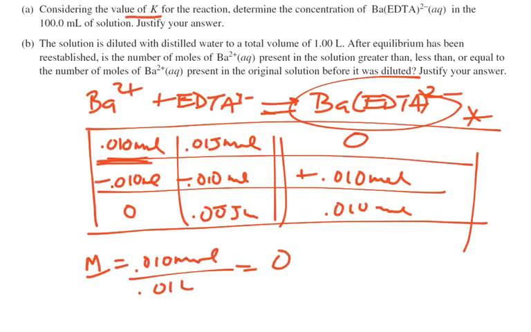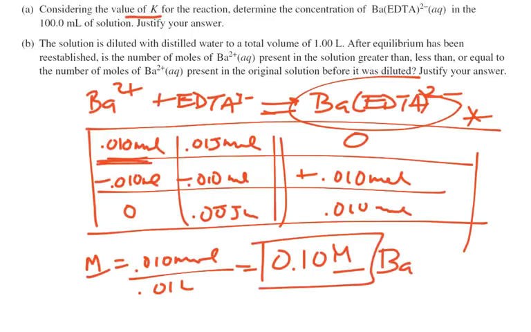So when we're all done, that's going to be 0.10 molar BaEDTA 2-. And that's the first part of the answer. So 1 point is for recognizing that this equilibrium is going to pretty much go to completion. So that's 1 point's worth. And then 1 point is for actually getting the concentration based on that. Okay, the part B